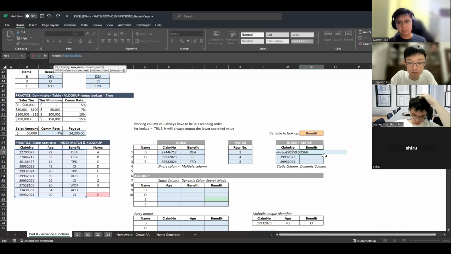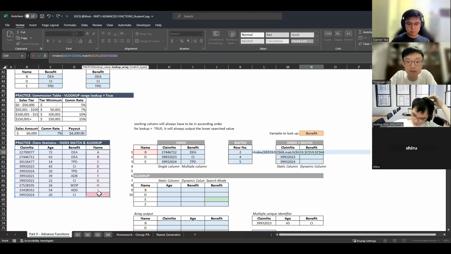My row number is basically my index that I'm looking for, for item B. So I'll match item B. Lookup value is B. And then my lookup array is this column here, because I need to look up this particular value. And then I'll put 0 here.